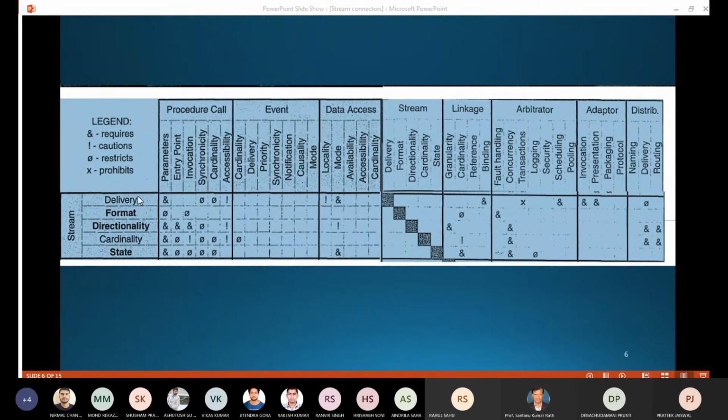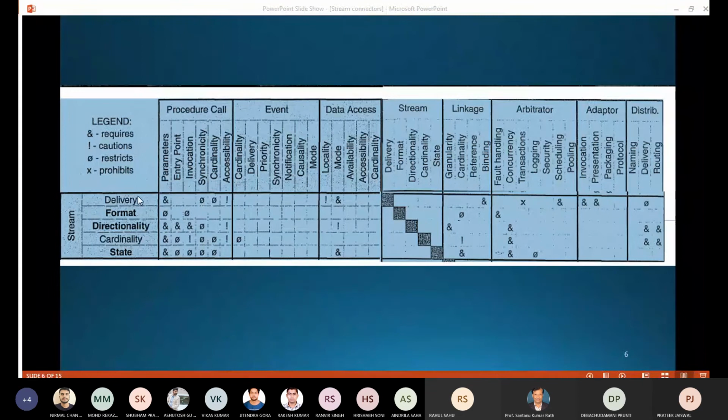Then we come to cardinality. As we know, binary and n-ary: binary means one server, one client. N-ary means multi-server, one client, or one server, multi-client. In this context also we need procedure calls, because data transfer is all mandatory. So we can make a suitable connector by selecting a stream connector with procedure call here.